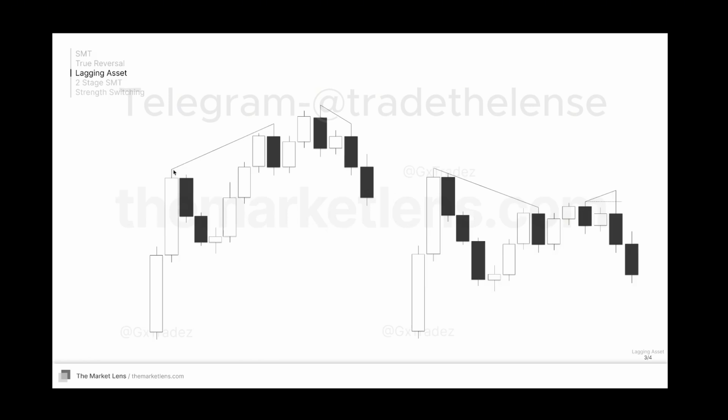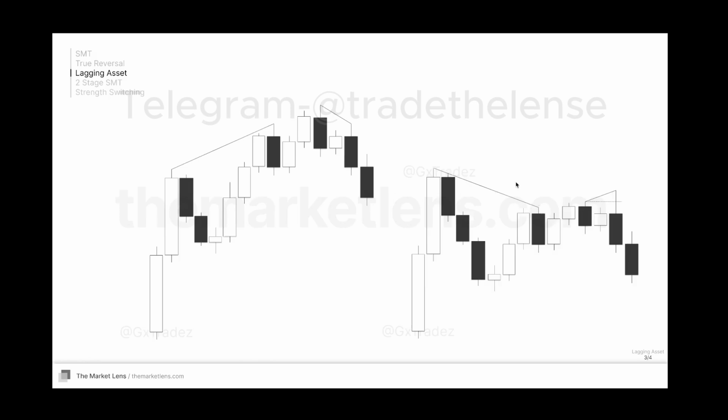It's where the asset that sweeps doesn't initially reverse. So we want, as soon as we sweep this high, for price to reverse, right? But what if it breaks that initial high where it creates a swing point? It should reverse, but it doesn't. We're creating higher highs where this SMT is still holding. We're only uncorrelated, or oh my god, the weaker asset is still holding its SMT, but it's a lot lower